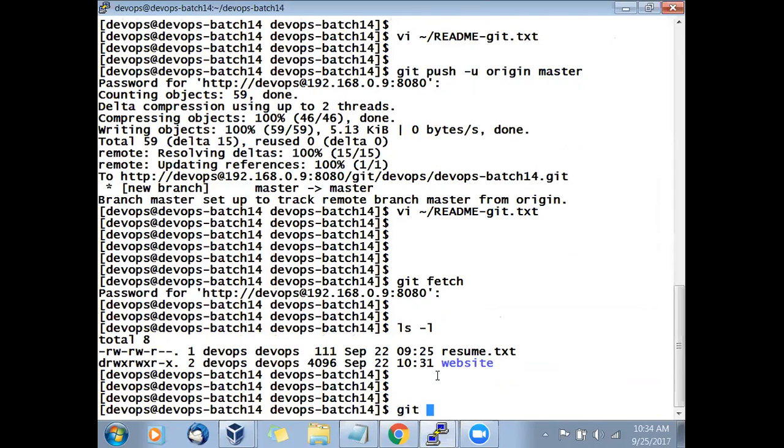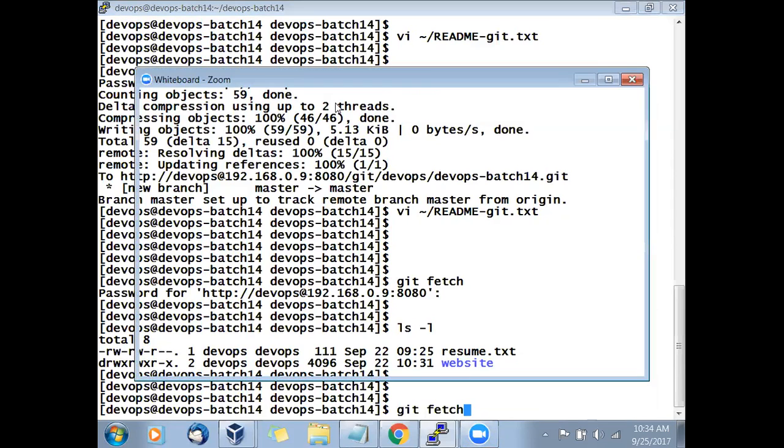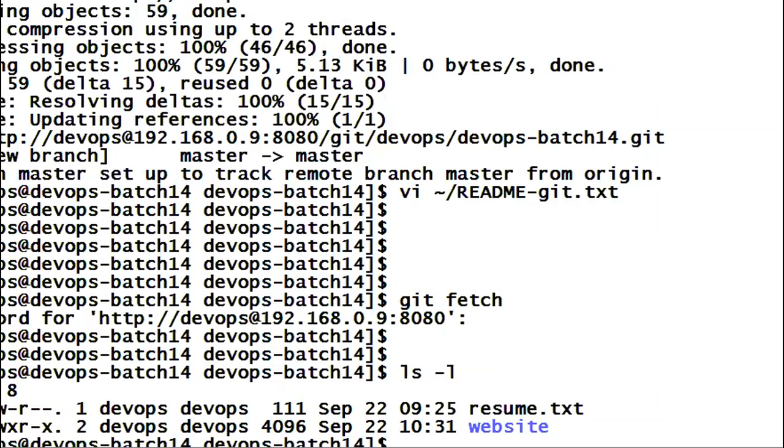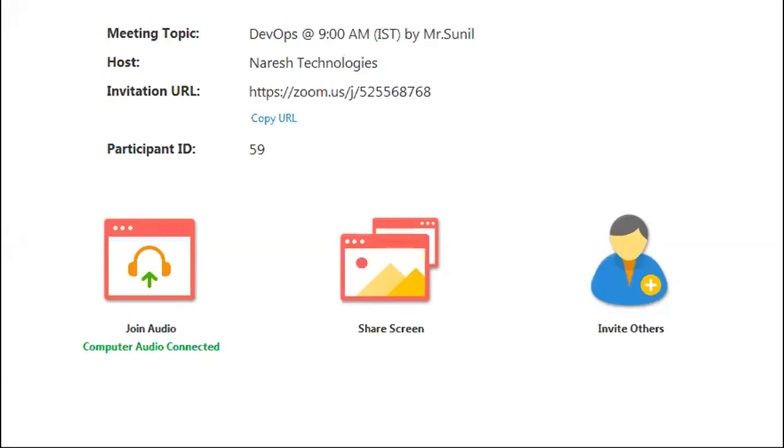So we'll do that. I'll say git fetch. Okay, so where will it go? Let me go back to our diagram. Why is it not showing the diagram? Strange. Share the diagram. Where is my diagram? There is no refresh button or something. Come on, this is not my diagram.